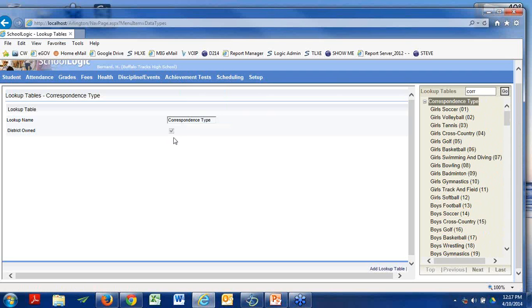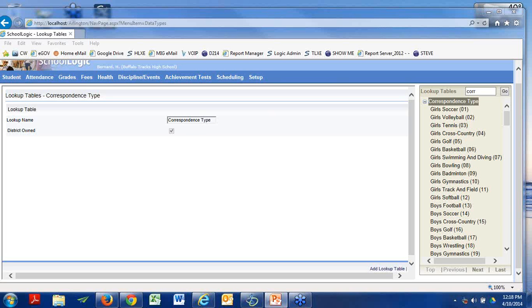Now, a lot of times when we suggest to clients that you should have your lookup table be district owned, we suggest that because the alternative, school owned, often results in multiple versions of the same entry and other data management issues. Now, by my personal raising and my personality type, I almost always favor local control, which would seem in this case to translate into school owned.